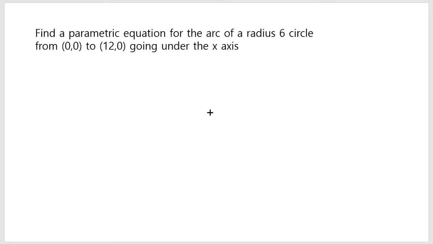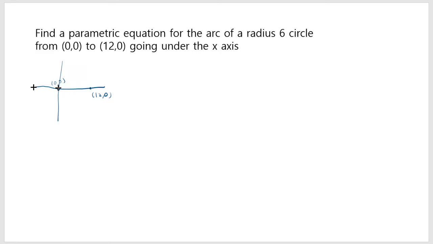Find the parametric equation for the arc of a radius 6 circle from (0, 0) to (12, 0) going under the x-axis. Okay, so to understand what this question is asking, here's (0, 0), and here's (12, 0). It's a radius 6 circle, so this is 0 to 12, that's 12, so this has to be the diameter,